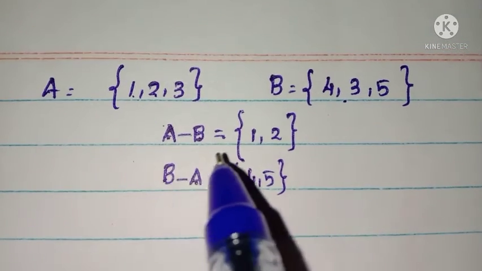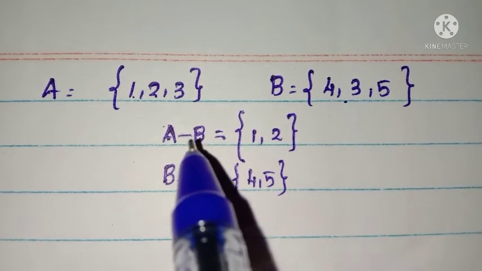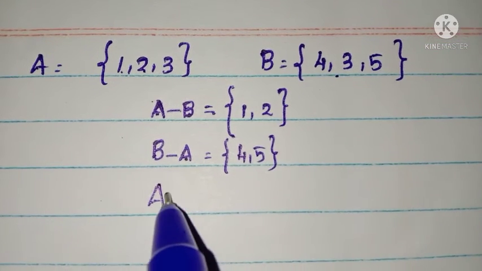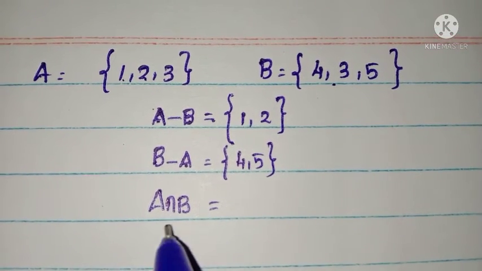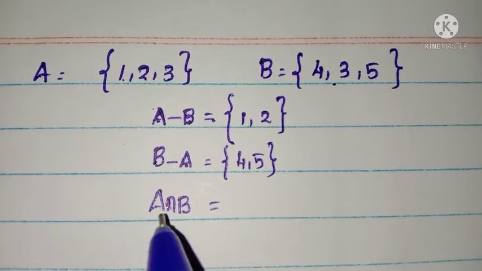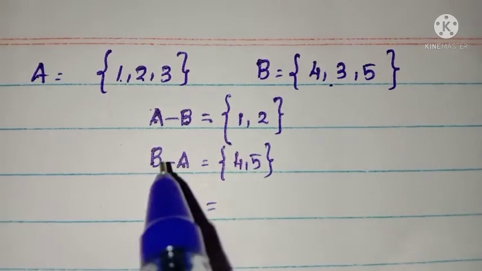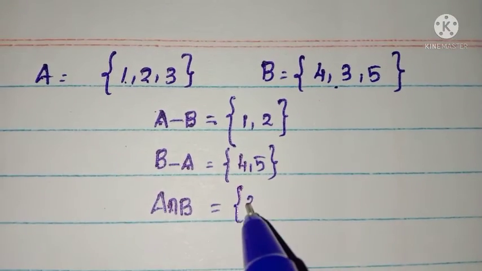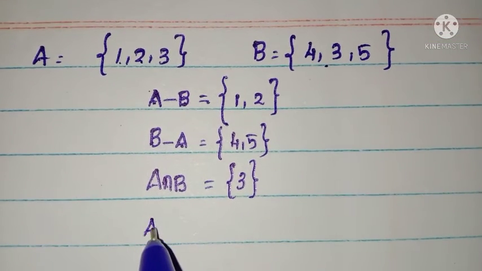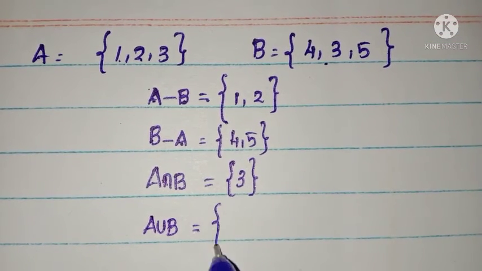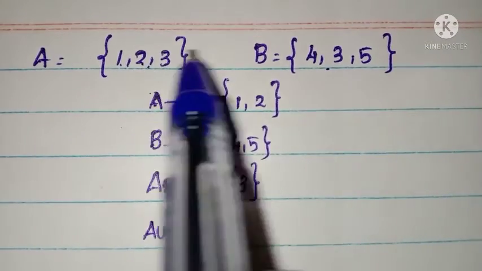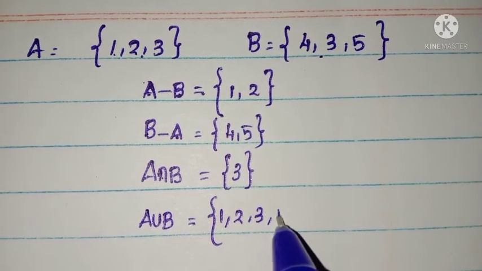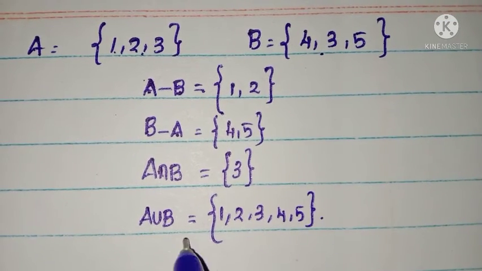Okay. So in this manner we can easily find the difference between any two given sets. Now listen, what is A intersection B? We already discussed the algebra, intersection as well as union. Note down what is A intersection B. Intersection means the common elements. Here the common element is 3. Now what is union? Union means we need to combine all the elements belonging to A and B. And therefore A union B is equal to {1, 2, 3, 4, 5}. Okay.